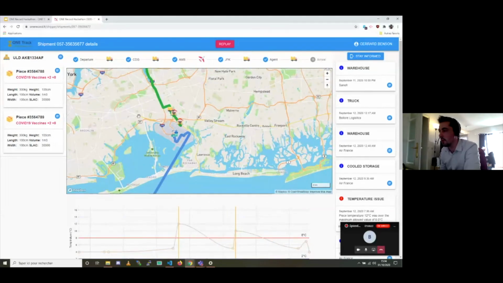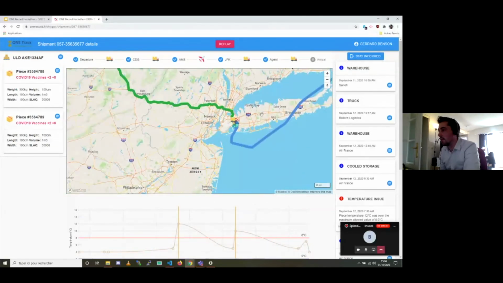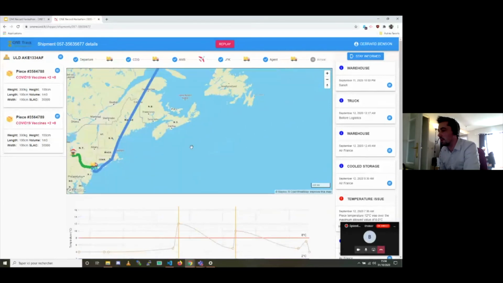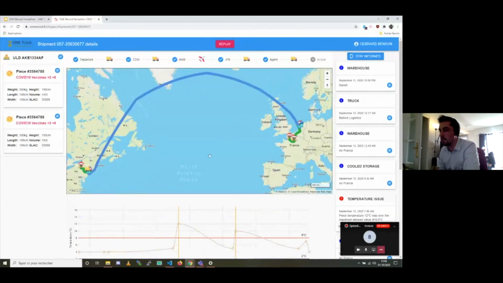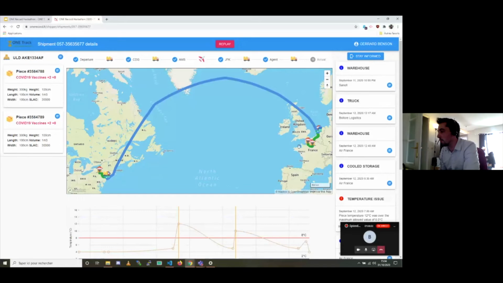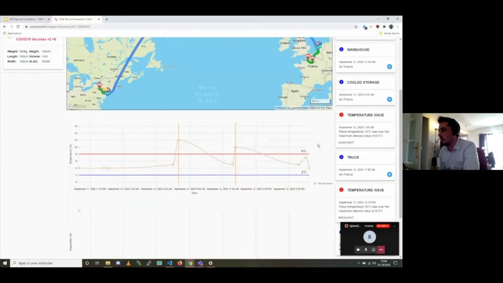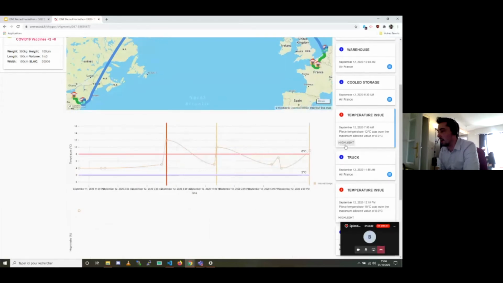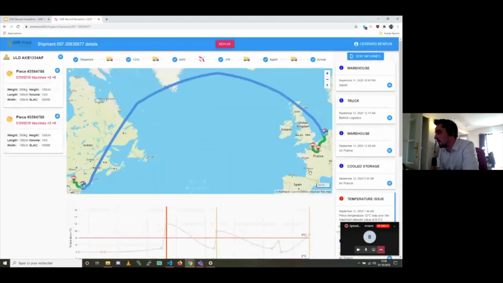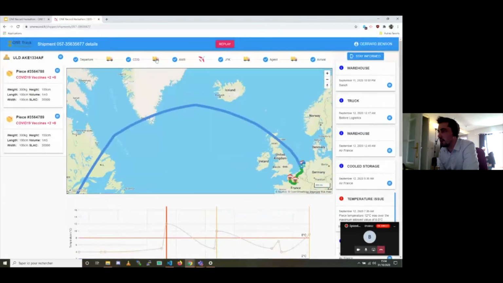Okay. This is what you would see live during your transportation. So let's have a look at the alerts we got during the transportation. We can highlight them in a chart and see that unfortunately our COVID vaccines reached 12 degrees, which is a catastrophe. And we could also have a look at what happened at each checkpoint, as I was saying before,